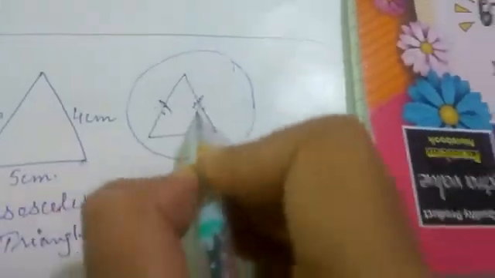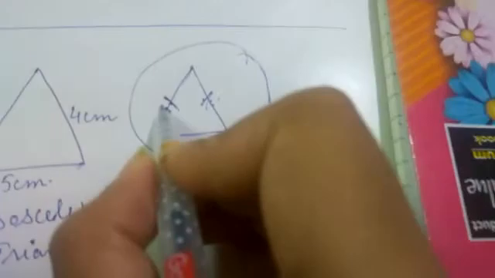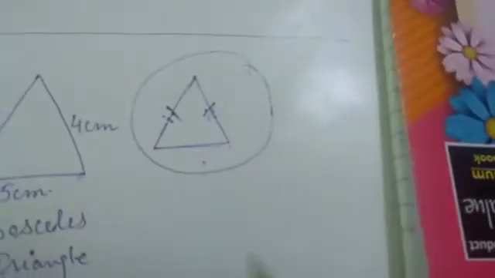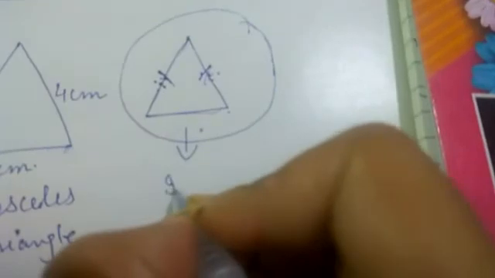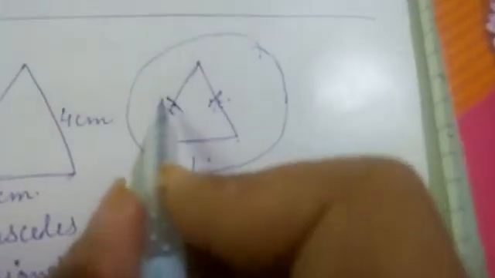If you see this triangle in your book, you can judge that these 2 sides are equal, where this line is there. I am repeating, if the triangle is like this and this is just the sign, that sign indicates that these 2 sides of a triangle are equal. So with the help of this sign also, you can judge that this is an isosceles triangle. Why is this an isosceles triangle? Because it is given that these 2 sides are equal.